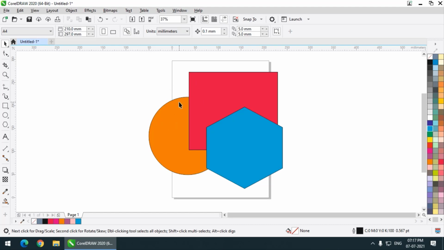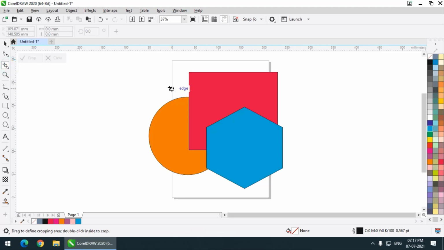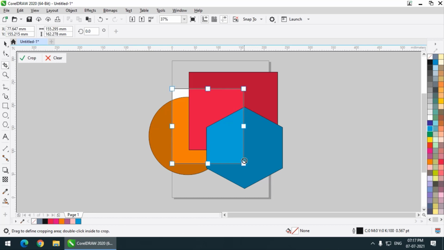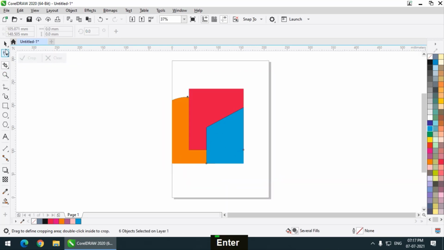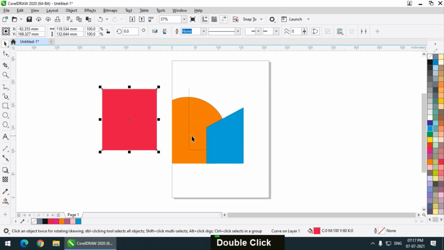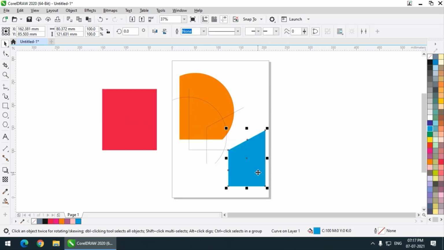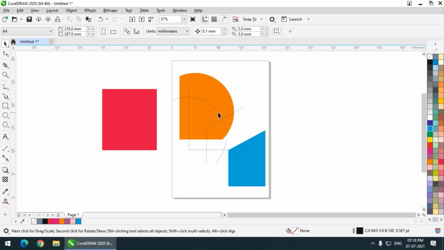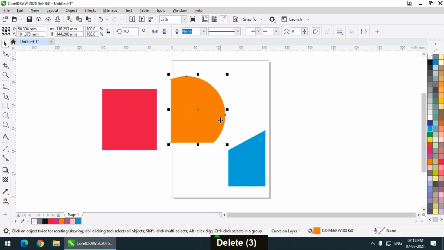Without selecting any objects, just remember I haven't selected any object, you can use the crop tool like this and simply press enter, or click over here. All the objects will get cropped. This is one way to use it, and remember outlines will be cropped differently if there are outlines.